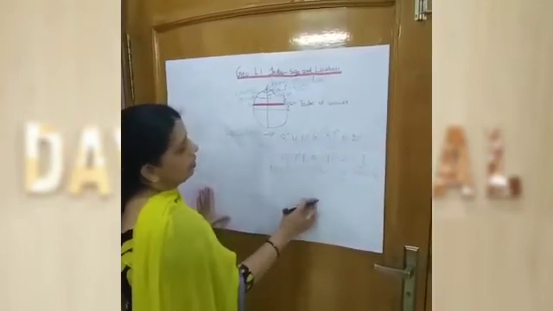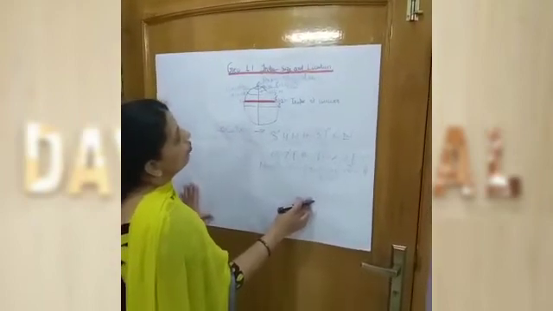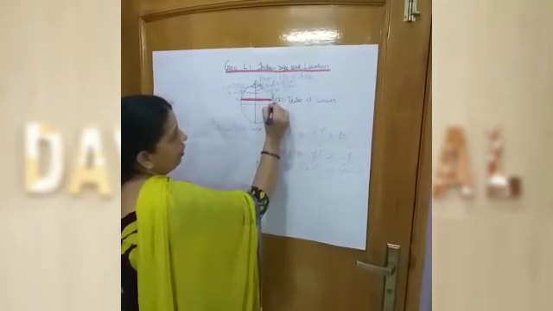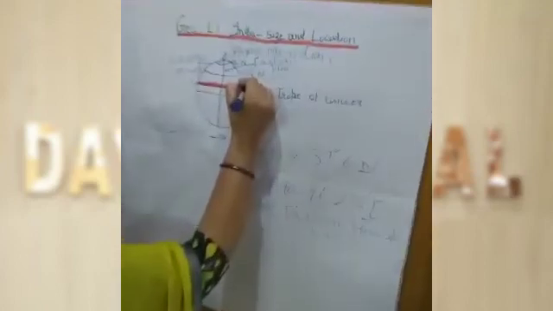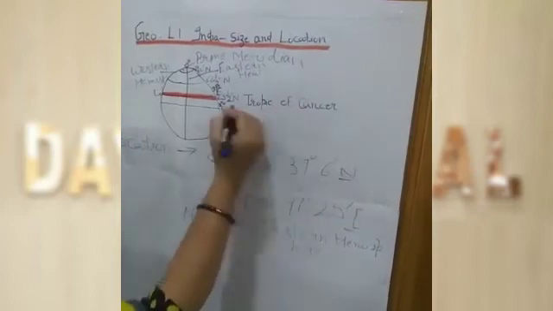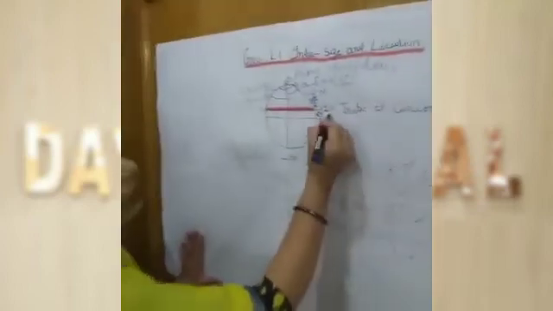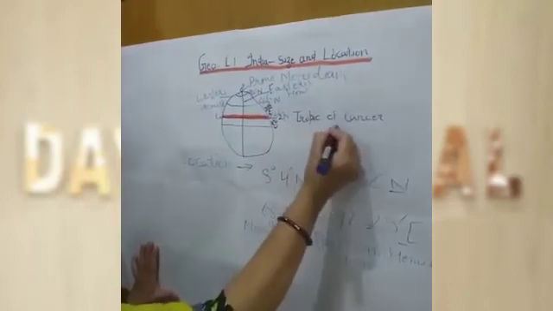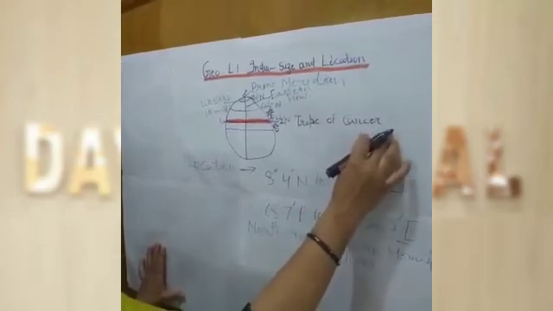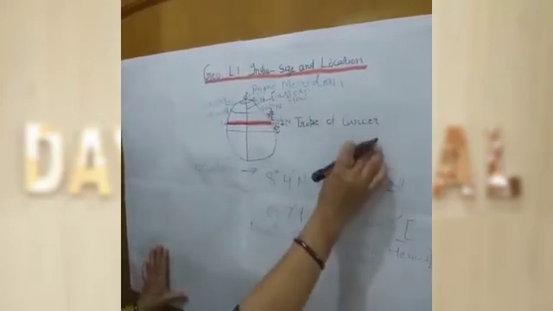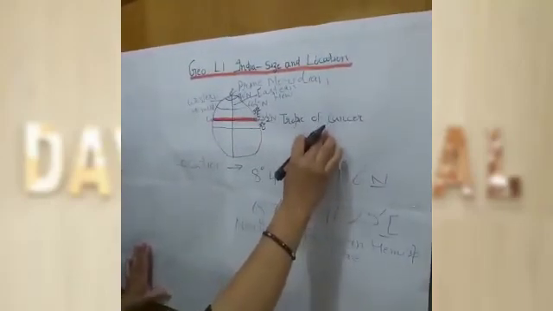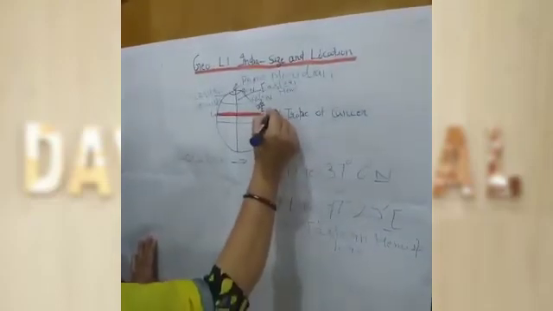So now we can represent this location on the globe also, such as above equator from 8 degree up to 37 degree India lies. But Tropic of Cancer is the line that passes from the middle of India, that lies on 23.5 degree north. This line is the major latitudinal line, and this Tropic of Cancer divides India into two equal parts.